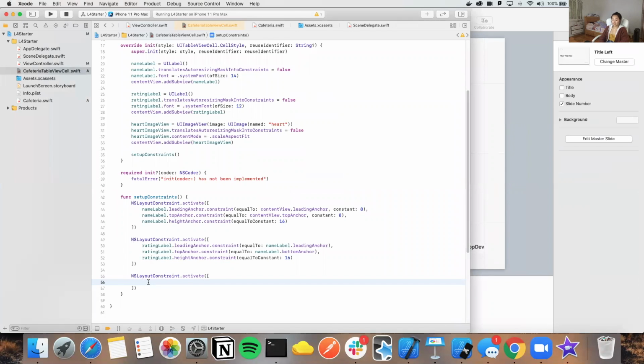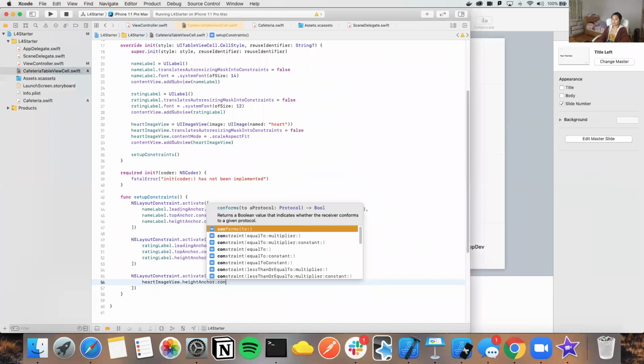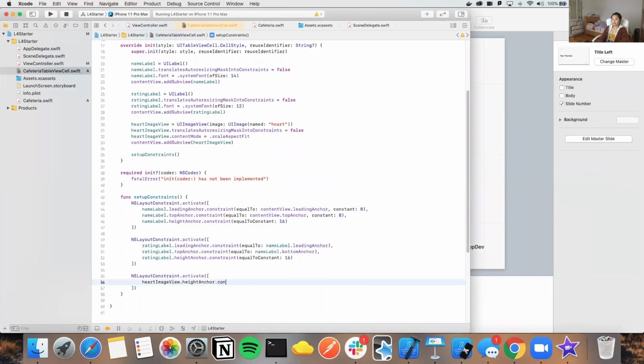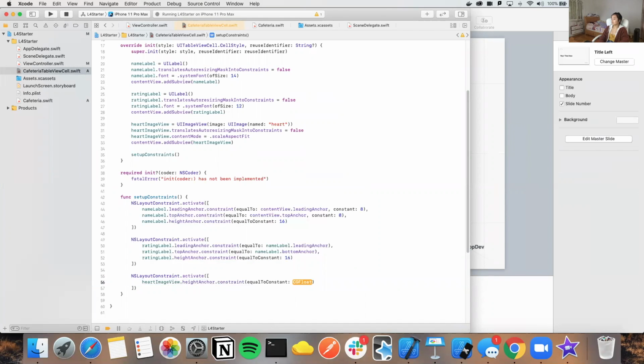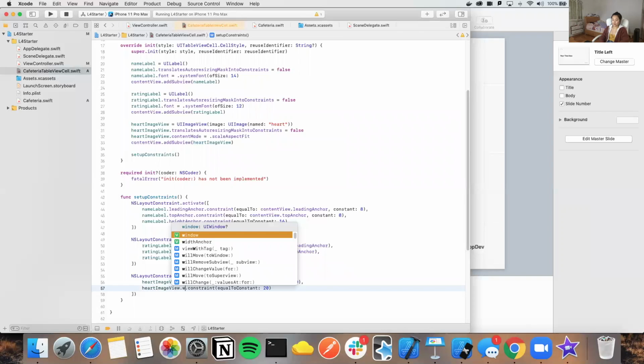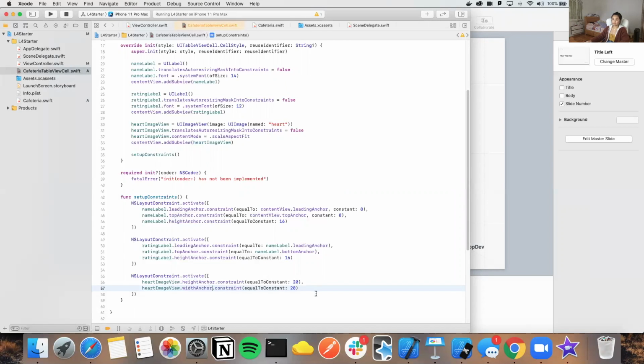So let's just say heart image view dot height anchor dot constraint, say equal to constant here, and let's just say that would be 20 or something. And then let's do the same thing for our width anchor. So it would just be kind of a square, the height and the width. So we'll say width anchor will also be equal to 20. And then now we want to set